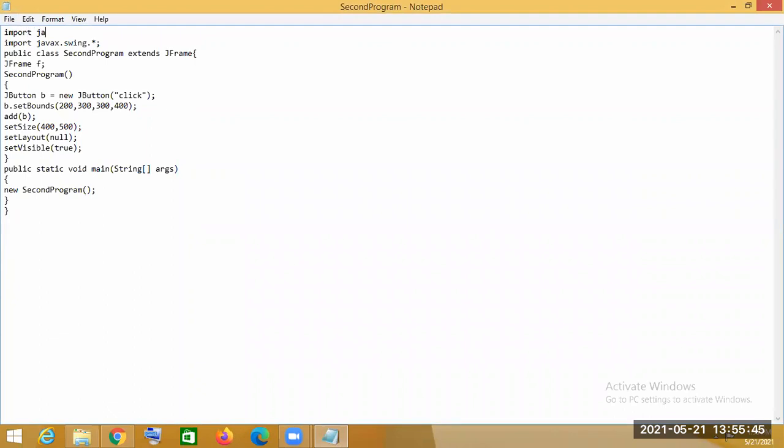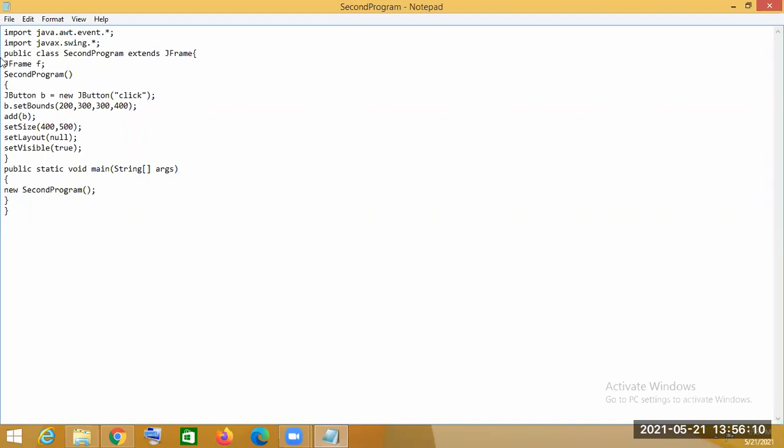We have to import java.awt.event. I have discussed in the class that this is the package used for event handling. Import java.awt.event.*.